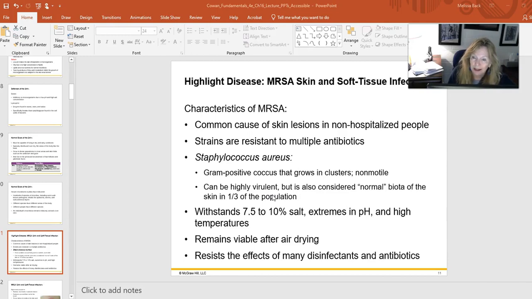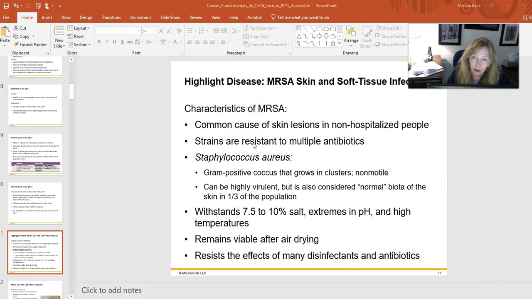MRSA is one that we talk about very early on in microbiology. So here it is again, and it's one that we commonly see. Staphylococcus aureus is the genus Staphylococcus, species aureus. This is present in most people at any given time as part of their microbiomes, but we need it in very low numbers. So we understand that if the skin is too dry or cracked